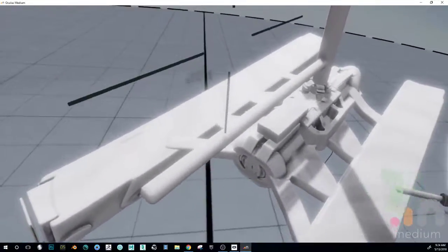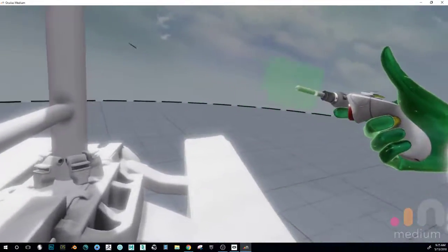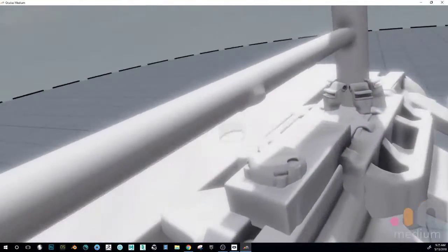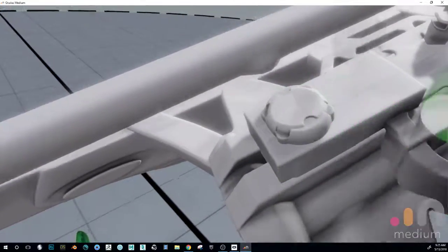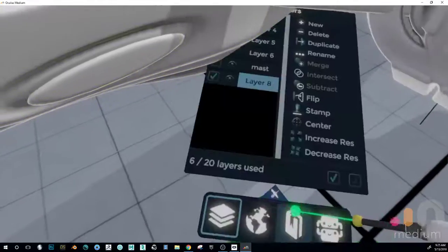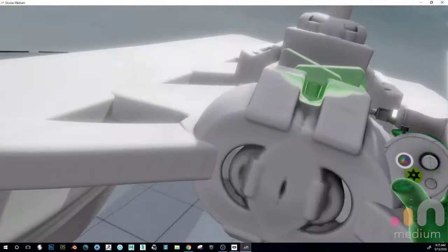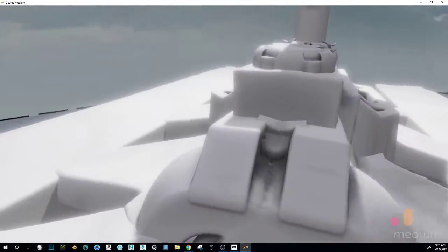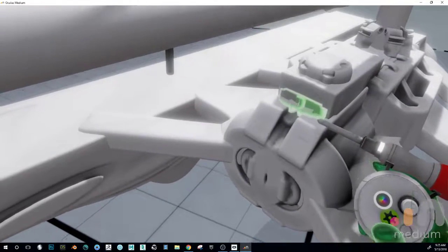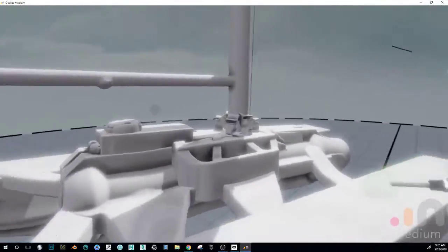I think over here we're going to go with our hatch. So like that. Down a little bit. There's our hatch. Get into the ship. And it just doesn't really matter, but I'm actually going to go back to layer 5, because it's a little lower res, and I don't need a lot of high res for this. And fill in that space just so there's not a hole there. Then back to layer 8, which is our higher res layer of stuff. So there's our